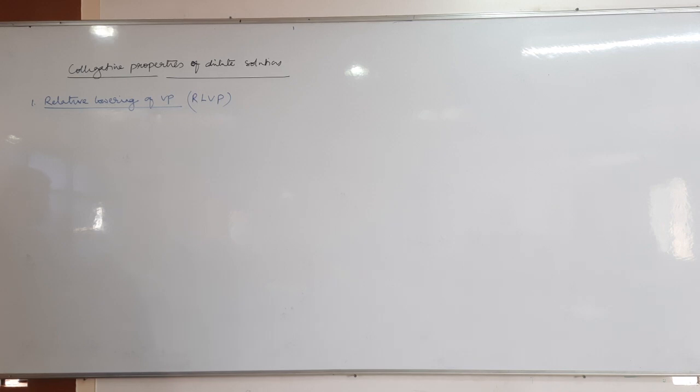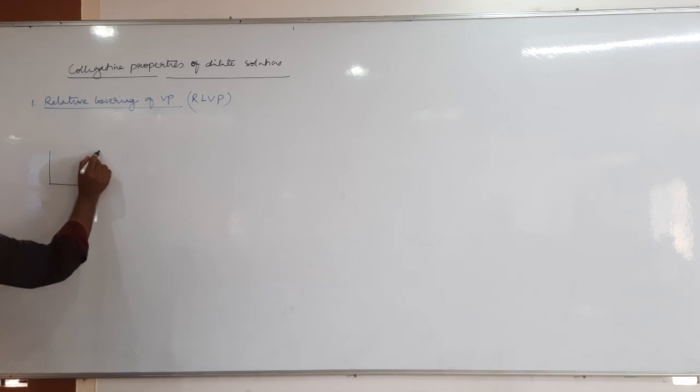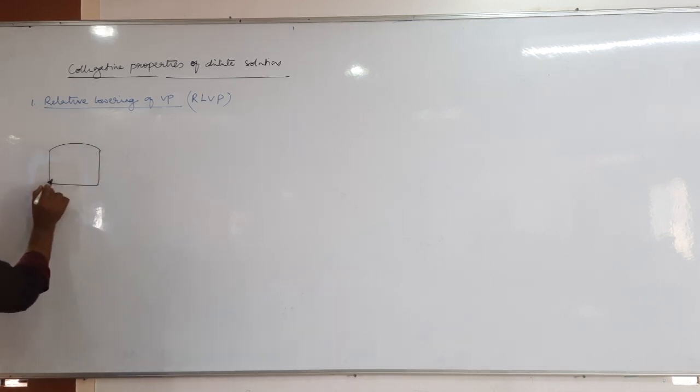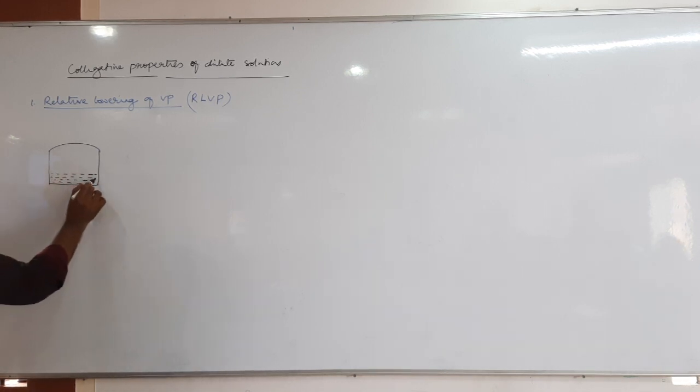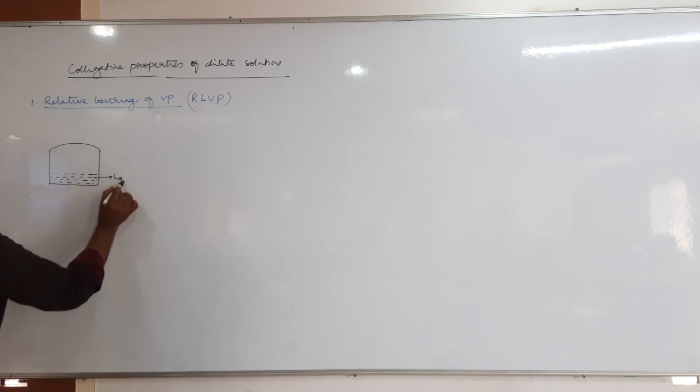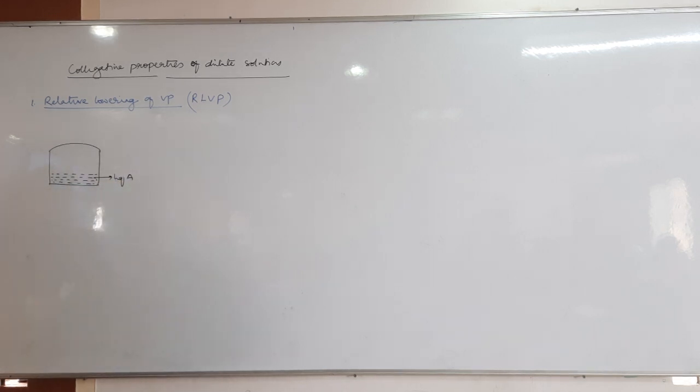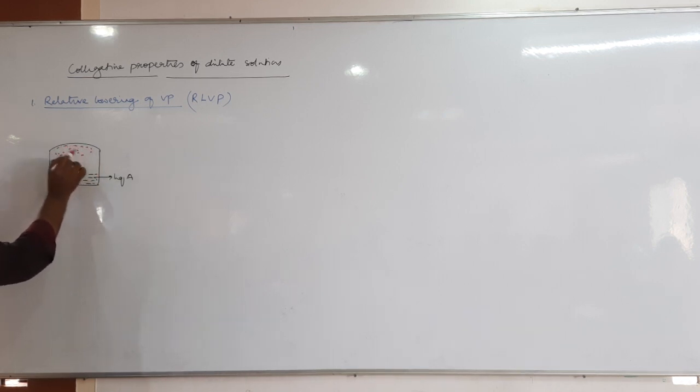Tell me first, what is vapor pressure? Vapor pressure is the pressure which is exerted by the vapor of a liquid when vapor and liquid both are in equilibrium. Yes or no? So, for example, let us take a beaker which is containing any liquid, right? Let us take it is a liquid A, right? So in this liquid A, liquid molecules undergo vaporization, they form vapors of the liquid. So it is called vaporization.